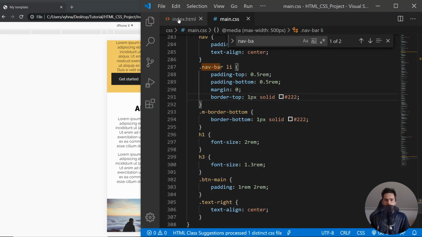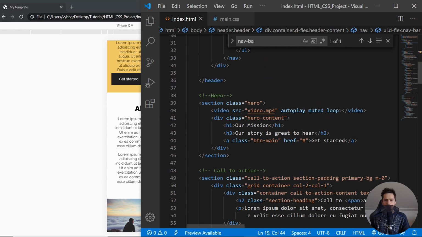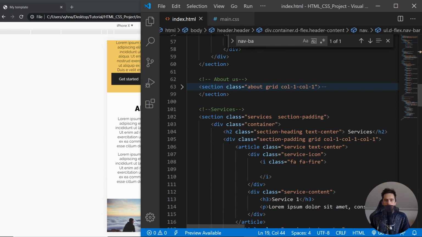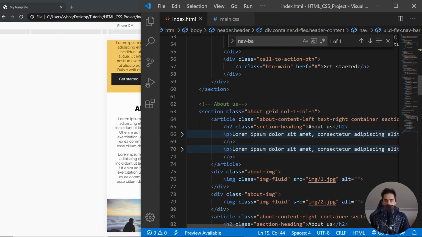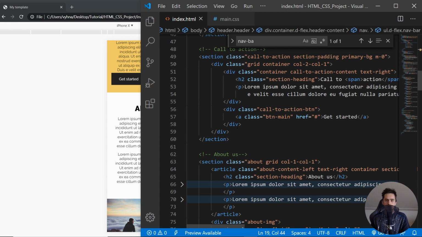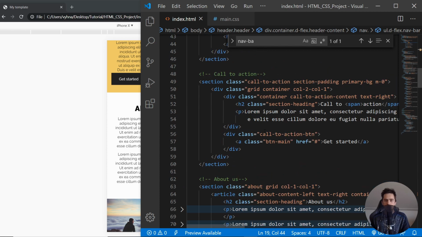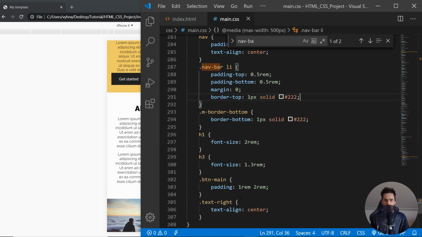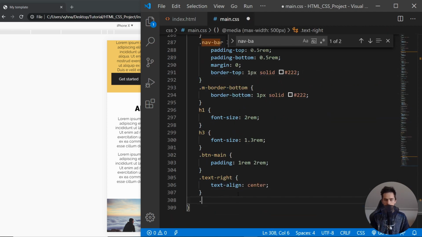Yeah, let me also just take a look at this thing. So we have the button main. Where is the problem? In about us, right? So we need to put a little bit of space. Oh, sorry, it's the call to action. So let me just, in here, add some sort of margin to this thing,